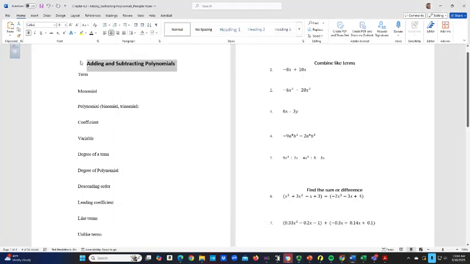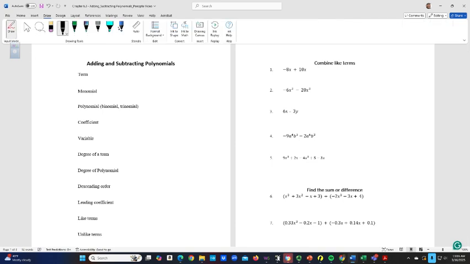Okay, so we are talking about adding and subtracting polynomials. Before we can get into the actual operations, we need to make sure we understand some of these vocabulary terms. The word term, when we're talking about mathematics, refers to a constant or a variable or a combination of constants and variables, right? So a term can be anything like x, it can be the number 7, it could be 7x,